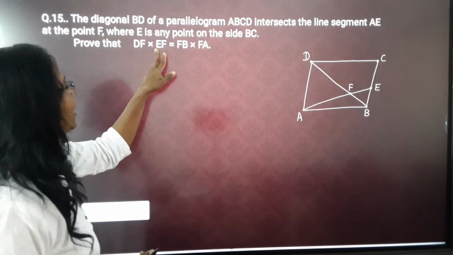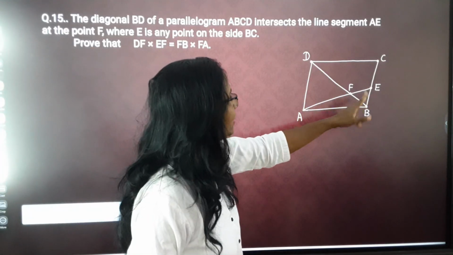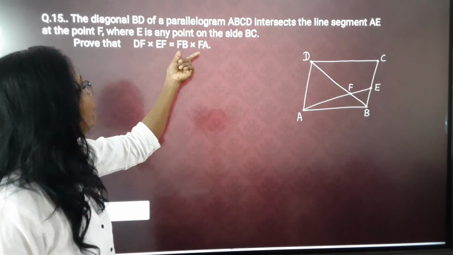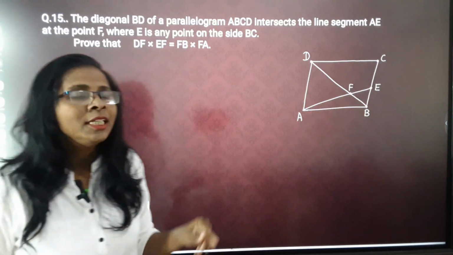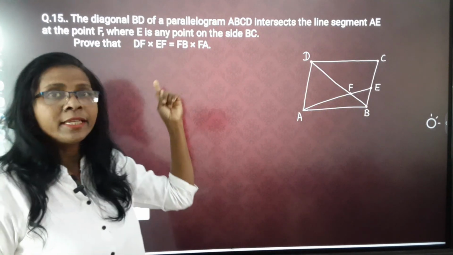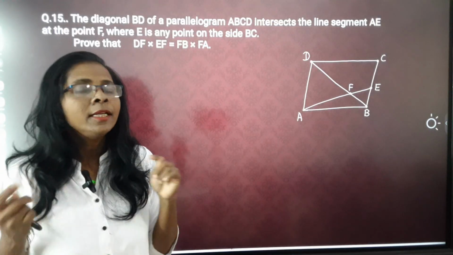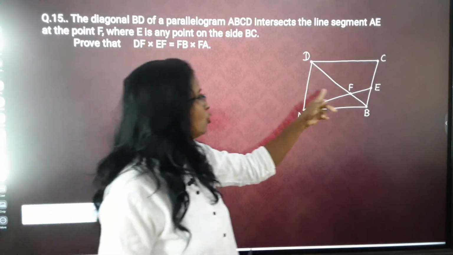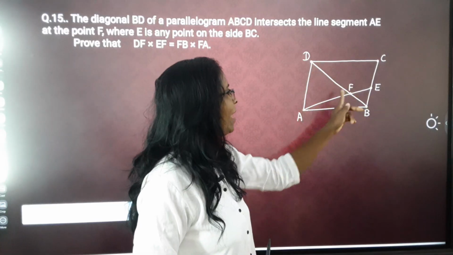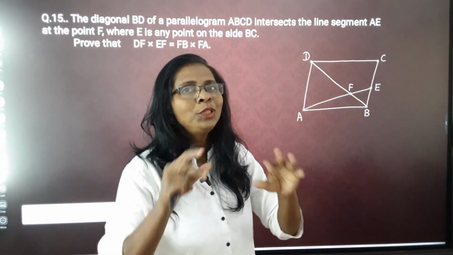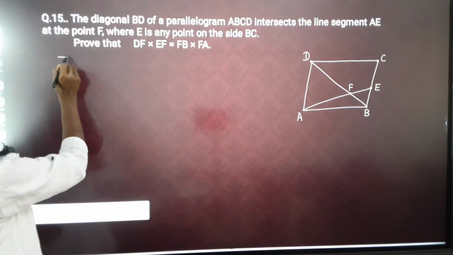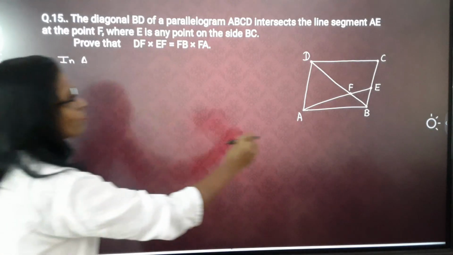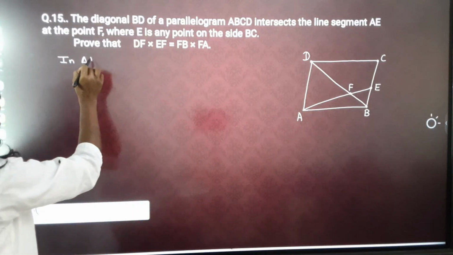So DF and EF, here DF and here EF. And here FB and FA. Now these sides are included in these two triangles, that is DAF and BEF. So we choose these triangles. Now here we can write that in triangle DAF and